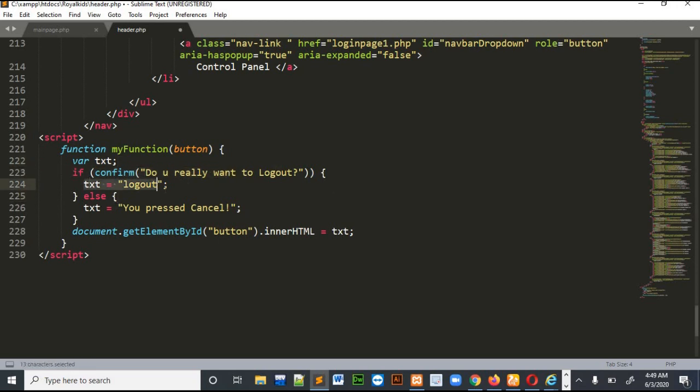If the text is log out, it will log out of the page, or else it will do nothing. Okay, so then this is the button. It will check on the top of the PHP section I had shown you already.